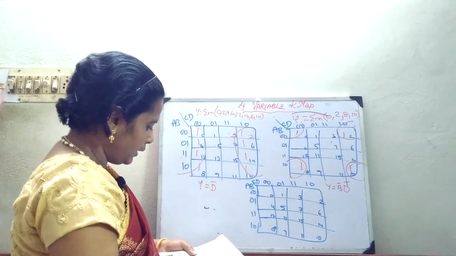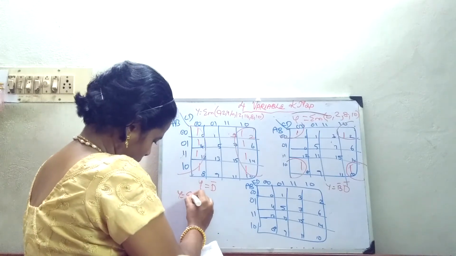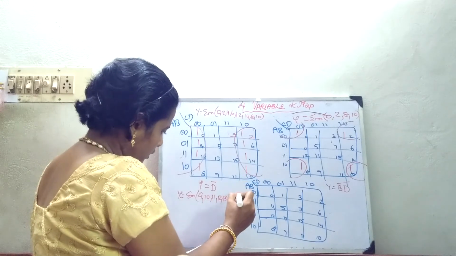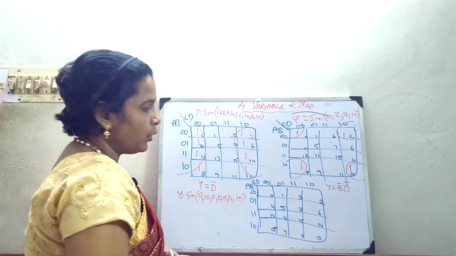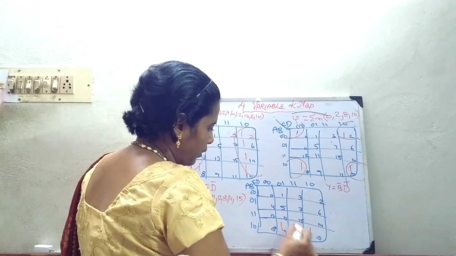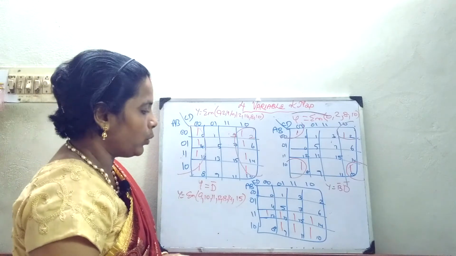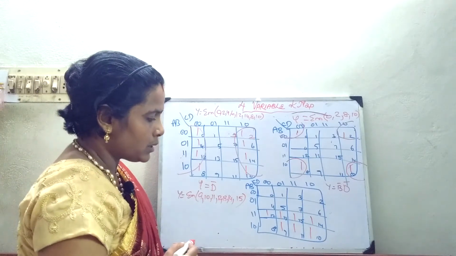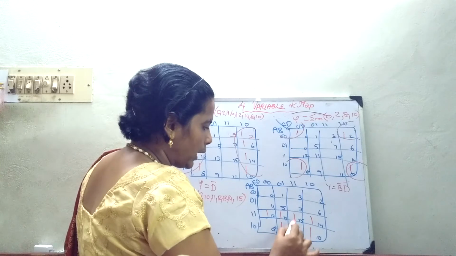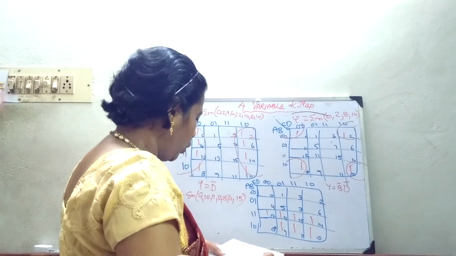Okay. Now we will take the next expression. So y is equal to summation m 9, 10, 11, 12, 13, 14 and 15. Okay, now how am I going to group this? What is the possibility for me? Here a question arises, I can do this grouping or that grouping. So whichever is beneficial, in that way I have to group.